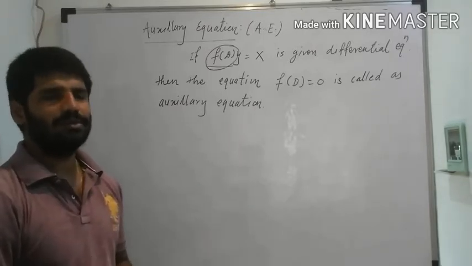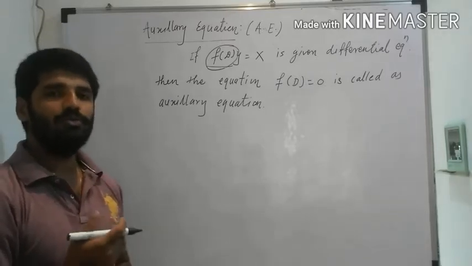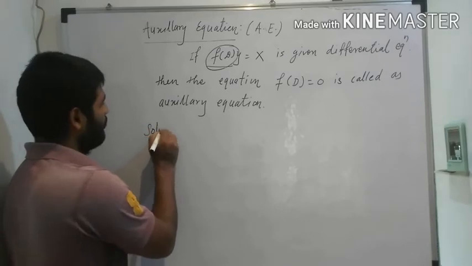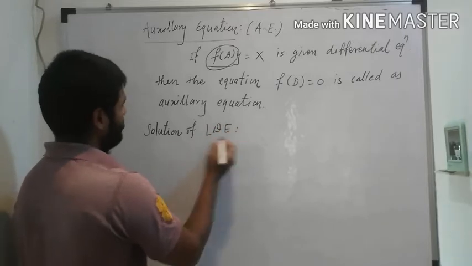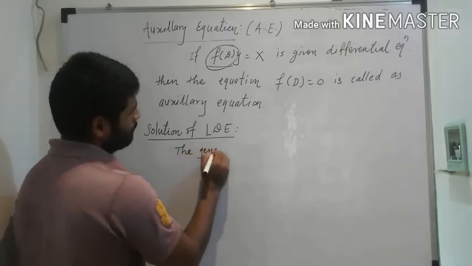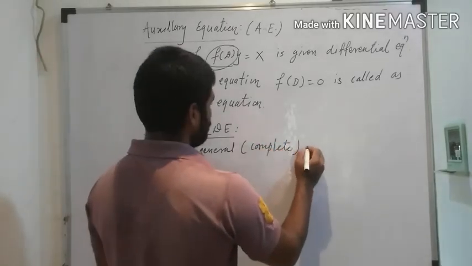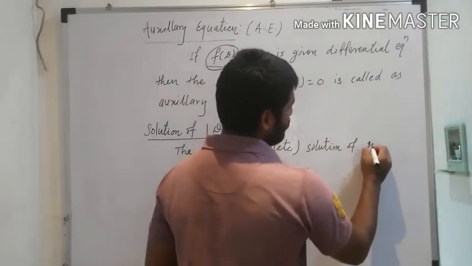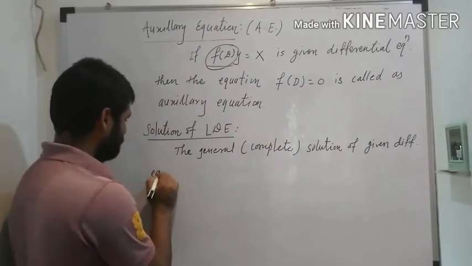Now after that we have to define a solution of differential equation. Once we get a differential equation, then you know about the solution. So see here how to find solutions of a differential equation with constant coefficients. So first see the solution of linear differential equation. So the general or complete solution of the given differential equation